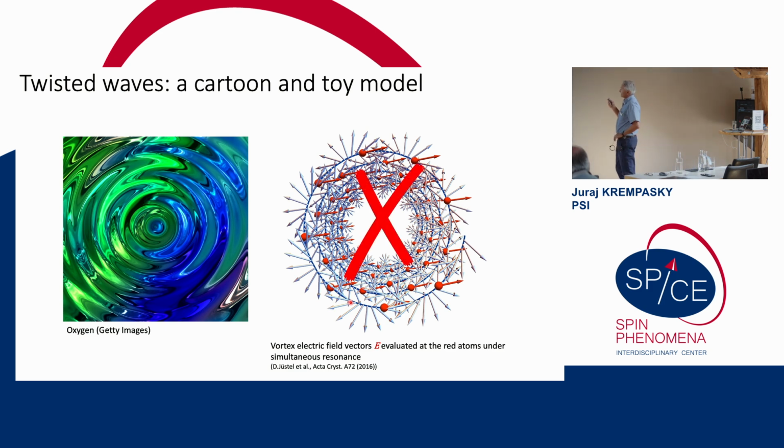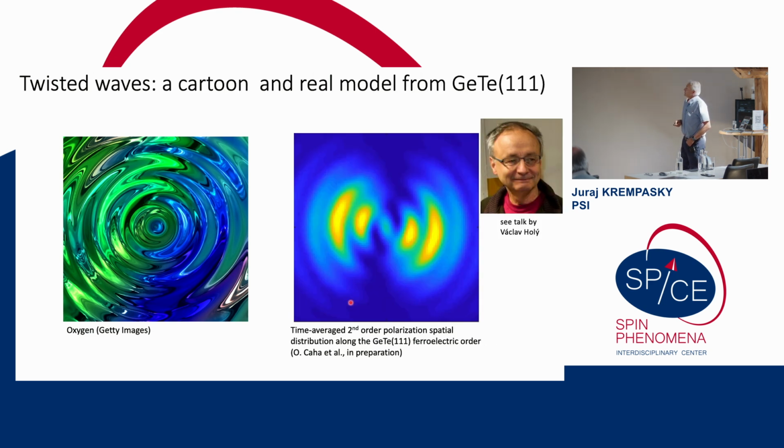This was the hypothesis which we had to cancel out from the very beginning, because simply everything is averaged out, no effect takes place. And of course, the real picture is exactly as shown here, which is a time-averaged second order polarization spatial distribution along the germanium telluride 111 ferroelectric order. And here I'd like to directly refer to the next talk by Václav, who will explain in more detail what our path was into this understanding. But